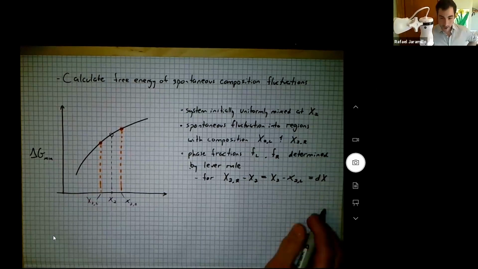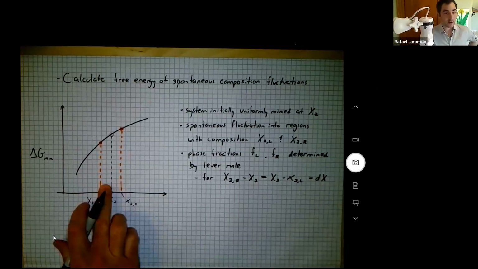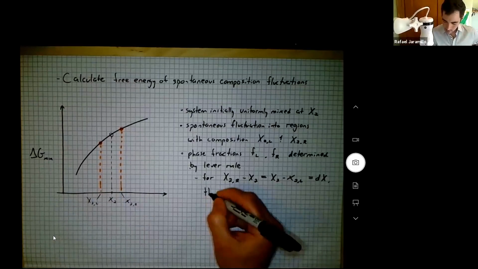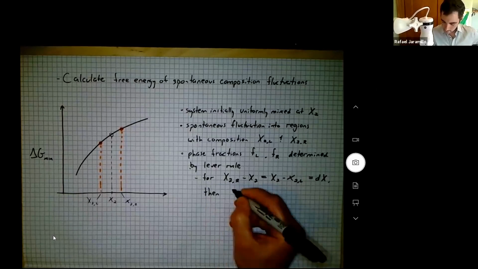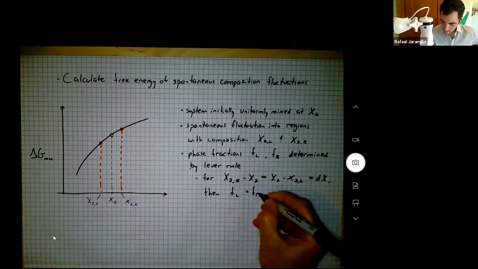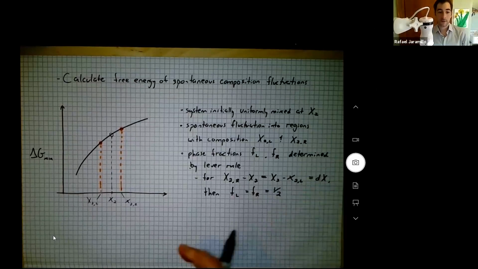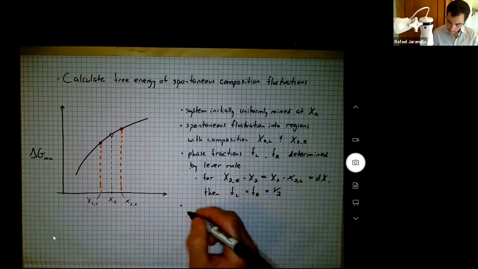So this is dx and this is dx, those are the same spacing. Then you have simply f left equals f right equals 1/2. So half the system is a little rich in component 2 and half the system is a little poor in component 2. And what you want to do is calculate